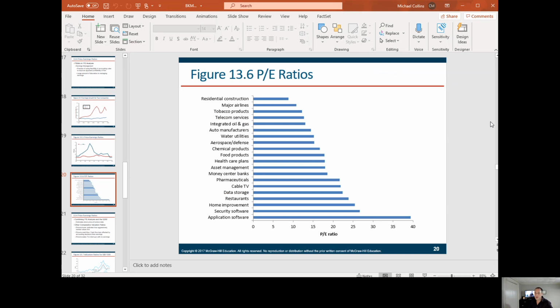PE ratios are a great example of how different industries can have different ratios, so you don't want to compare a construction firm to a pharmaceutical firm because their valuations are typically very different. Software firms typically have high PE ratios because they have the ability to grow quickly. Meanwhile, airlines have low PE ratios. Why? Because airlines are subject to big booms and big busts. For a different reason, telecom stocks have a low PE ratio, but that's because they're giving you stable returns.